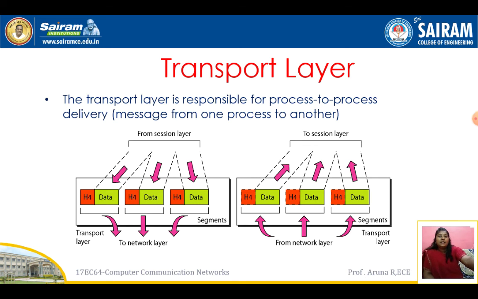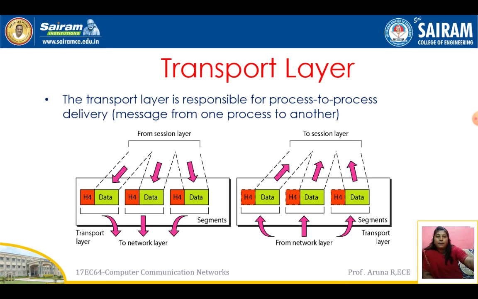Then the fourth layer we are seeing is the transport layer. The transport layer is responsible for process to process delivery, a message from one process to the other. When it reaches the host, your network layer is responsible from source to destination, while the transport layer is responsible for process to process delivery. For example, if I am sending information in Microsoft Excel, Excel is the process I am using at the sender. When the receiver receives the information, it should again open in Microsoft Excel on your system. So the process both of us are communicating with is Microsoft Excel, with me as the source and you as the destination. So the transport layer is responsible for process to process communication.